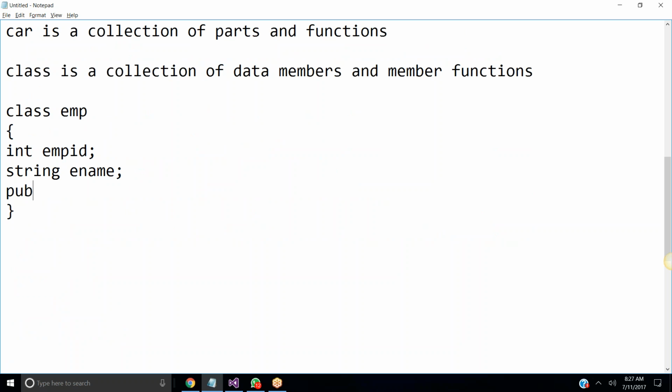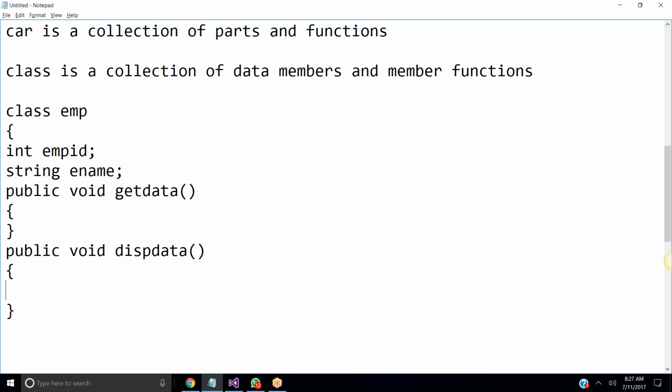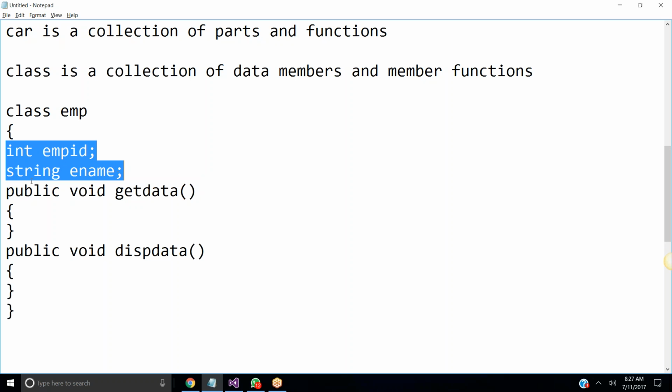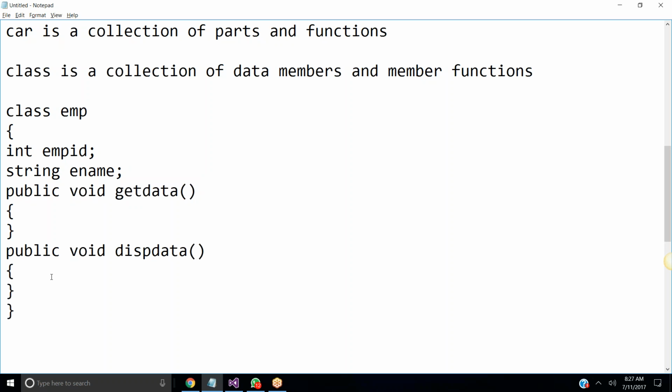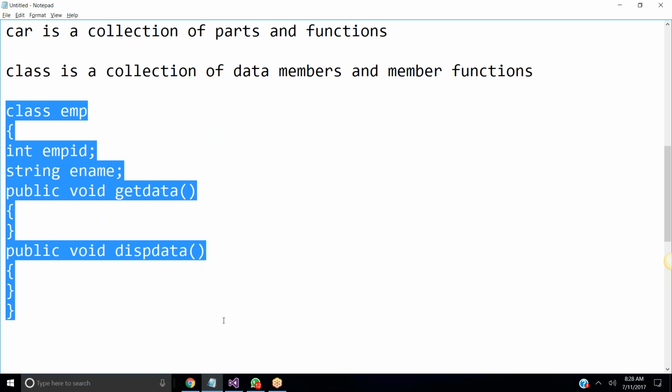The functions are public void get data, where we are getting the values of employee ID and employee name. After that, I'm trying to display the values, public void display data. So here my class is a collection of data members and member functions. Clear, all of you? Here we are reading the data, here we are displaying the data. This is how class is a collection of data members and member functions.